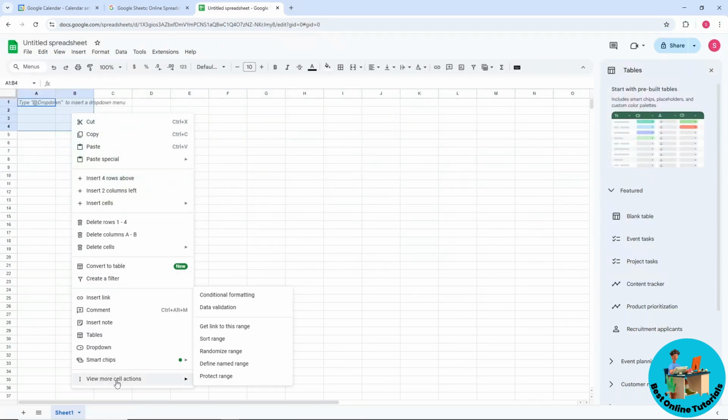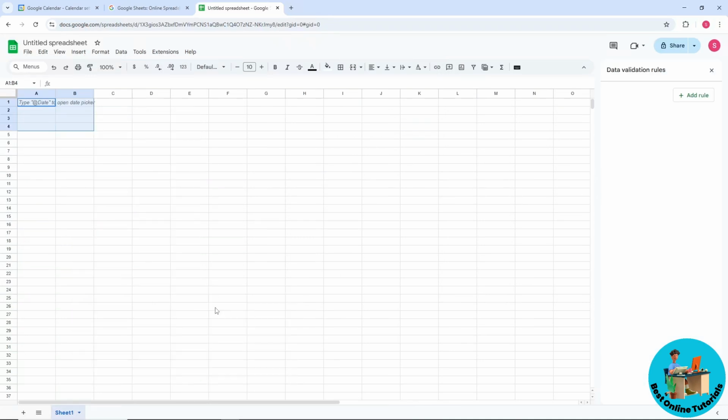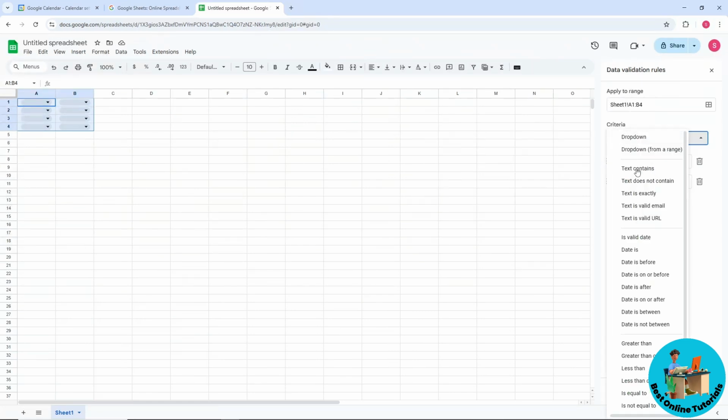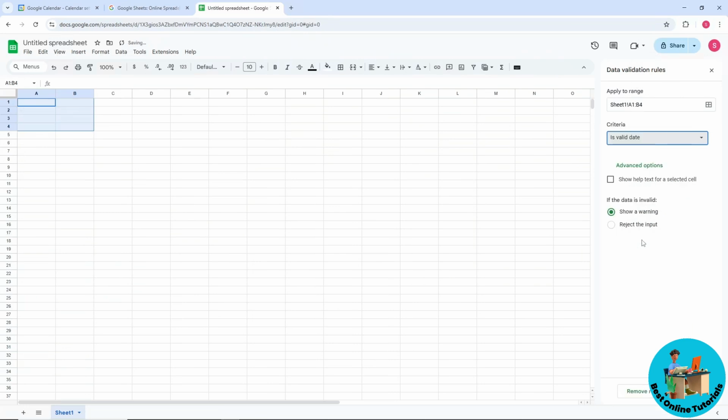When you right click on the selected range, you will have an option over here, data validation. So just simply select this one, and now from here at the top right corner you should be able to see add a rule, and after that you could just simply select the criteria over here and go for is valid date. And after that, when you go for the advanced options over here, you will have this one over here,